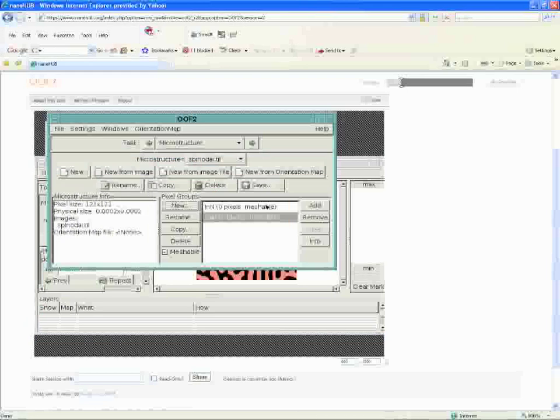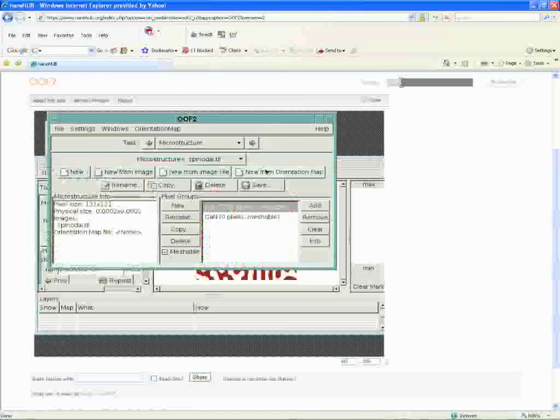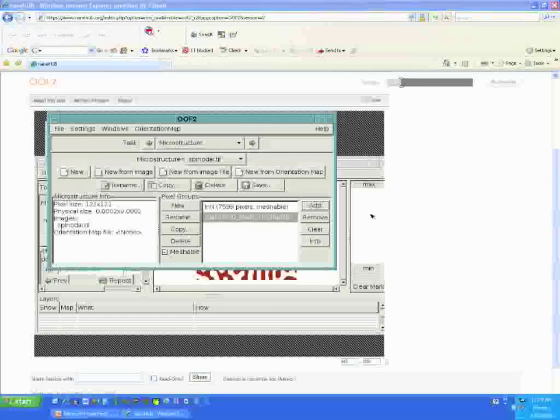Now that they have been selected, we can add those pixels to the indium nitride pixel group by clicking on the indium nitride pixel group and then clicking Add. And you can see that almost 7,600 pixels have been added to this group. If we go back to the graphics window, we can clear the selection again. Let's click on the darker phase. You see how it was selected. And now we can add those pixels to the gallium nitride pixel group, and click on Add. And you can see that 7,000 pixels or so were added to that group. Next, we need to go to